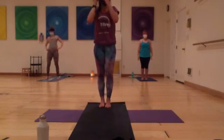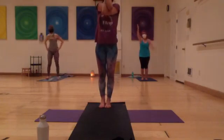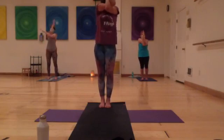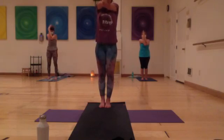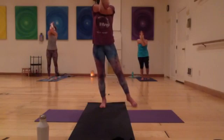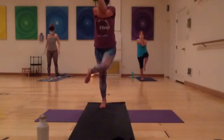And let's do that on the other side. Left arm will now go under the right arm. Find mobility in the shoulders here. And any version of the legs, suction the right leg out, left leg comes up, over, and around. You may stay here,